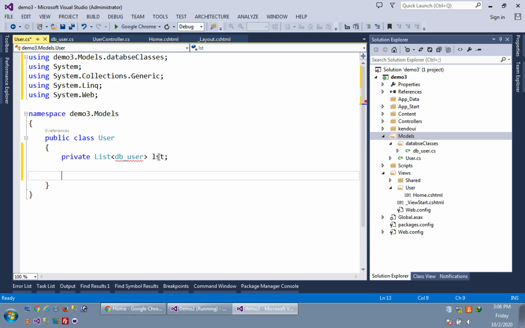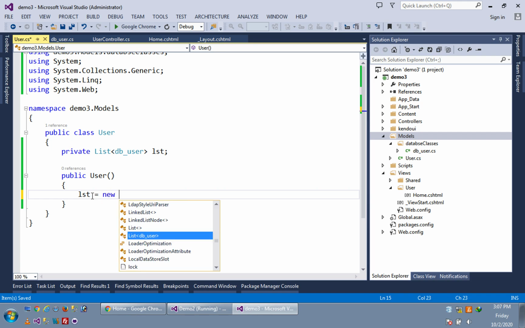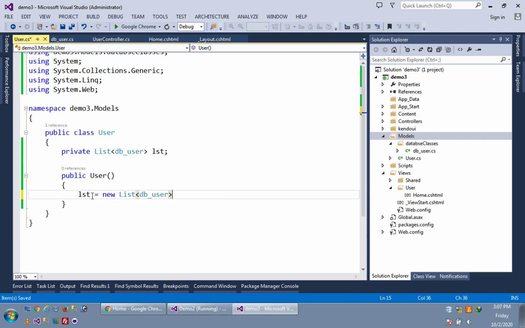That's it. And in the constructor we will initiate this lst. lst is equal to new List of DB_user, and then we will add objects one by one into this lst.